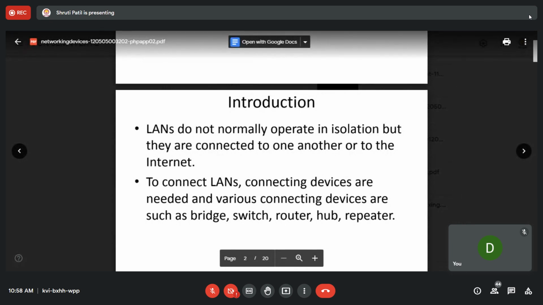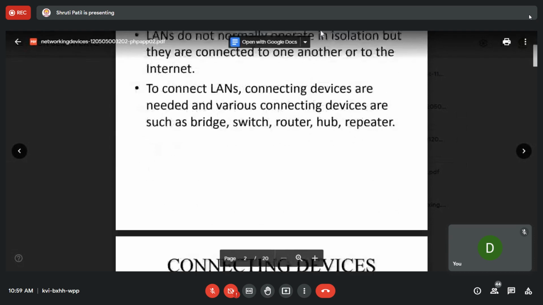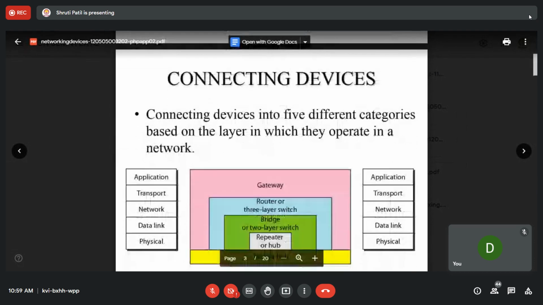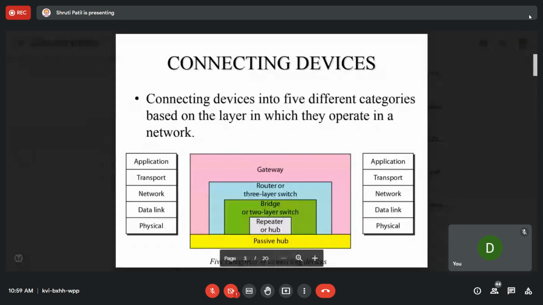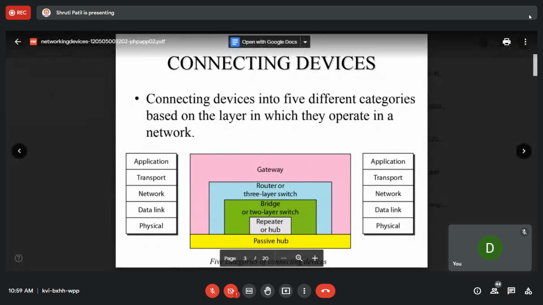To connect LANs, connecting devices are needed, such as bridge, switch, router, hub and repeater. We will be using these 5 layers: application, transport, network, data link, and physical.